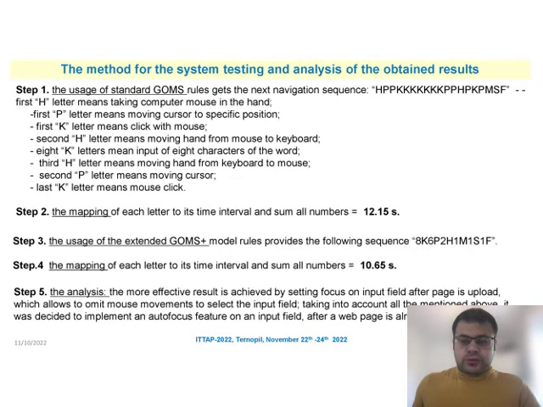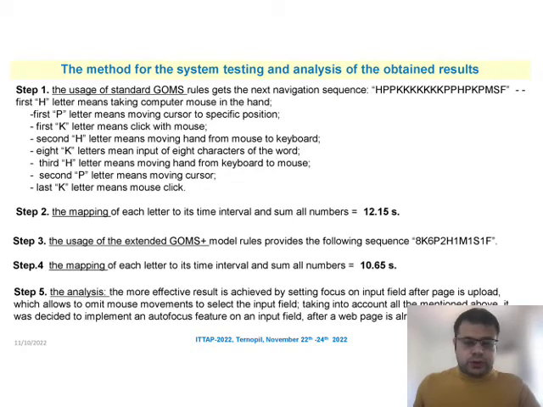Using GOMS rules, we get the following navigation sequence: H, P, P, K, and so on, where the letter H means taking the computer mouse, P means moving the cursor, and so on. Mapping each letter to its time interval, we get about 12 seconds for the whole search. Then we applied a GOMS Plus model to our target UI and got the following sequence: 8K,